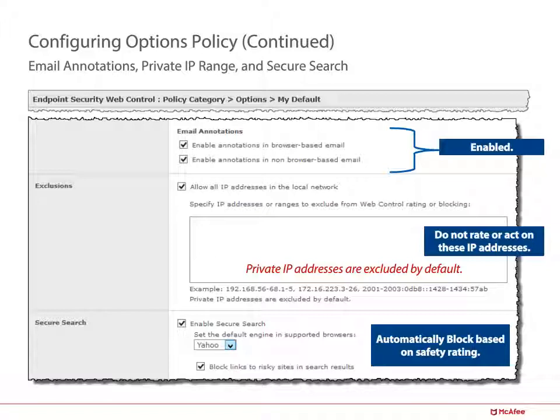You also have the 172.16.0.0 to the 172.31.255.255, and then the 192.168.0.0 to 192.168.255.255, or it's a local host, or it's the loopback IP address of 127.0.0.1. The secure search, you can enable the secure search window, which has to do with automatically blocking malicious sites